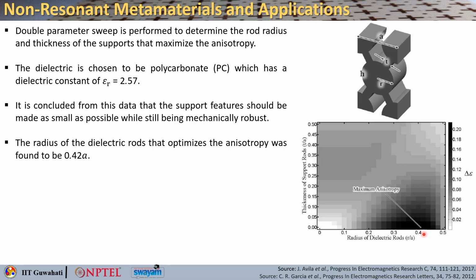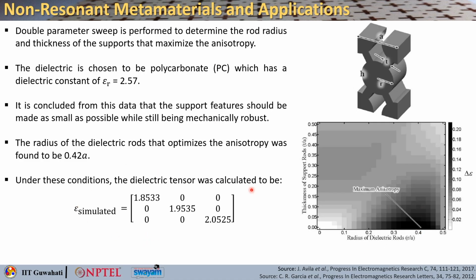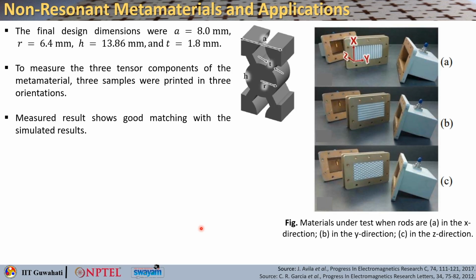So the final optimal value was found to be 0.42A exactly here. Okay, and these are the values of the dielectric tensor that was calculated. So you actually get 3 different values in 3 different directions. Right. Ideally these two should have been the same, but because of the rod they show some kind of different values. Okay, but this is the constituent material, and you can see here you are getting anisotropy, okay, because of this. So these are the final dimensions that have been used, and people have fabricated this